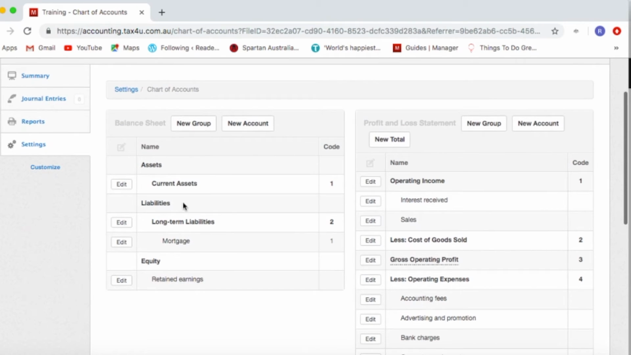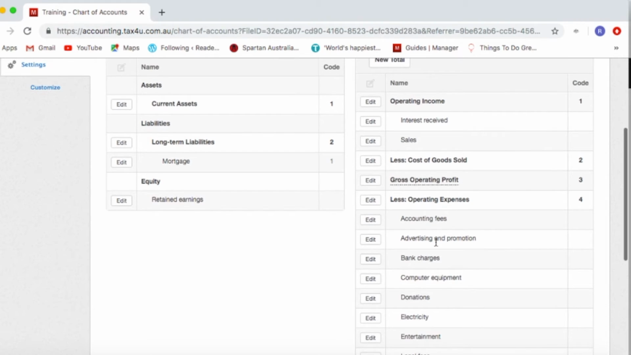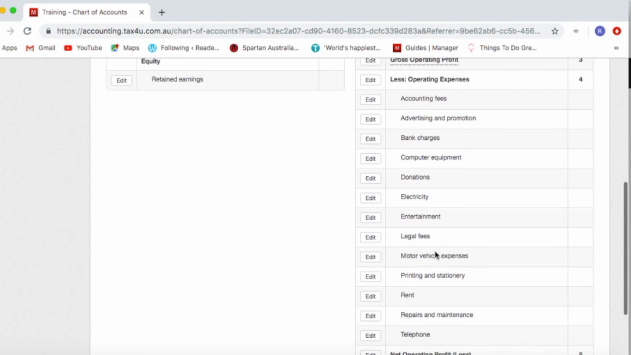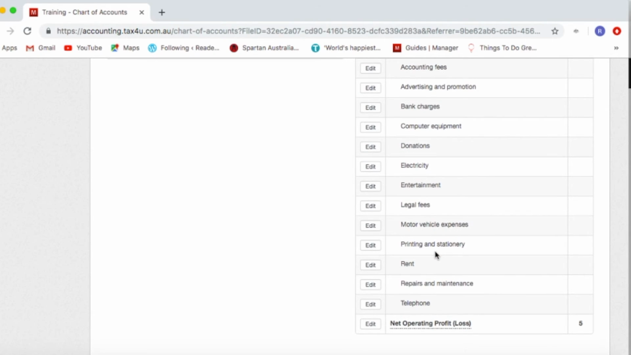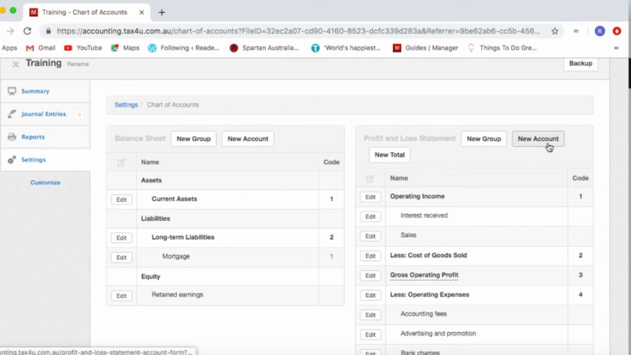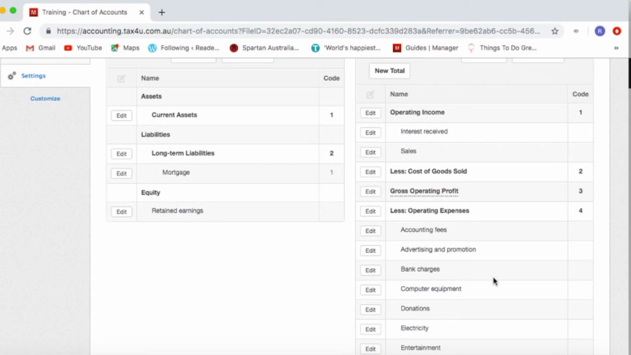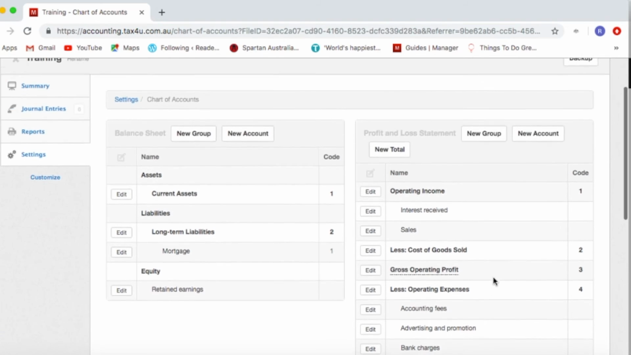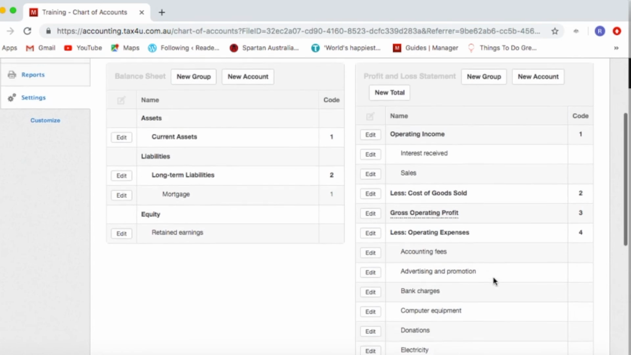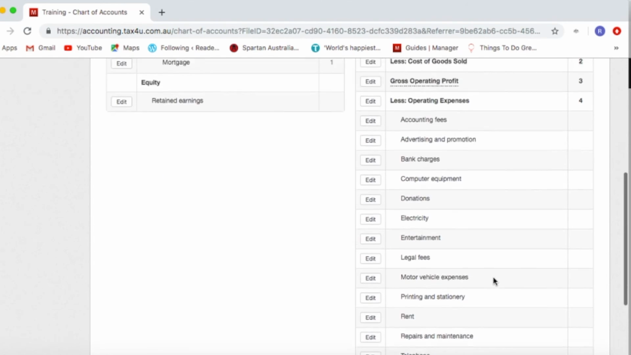Now we can do the same for our current assets. We can add an accounts receivable account underneath our current assets. We can add more expenses. If there's a specific expense that your business uses often, you can add it here. So you just go to new account here on your profit and loss statement, and the same thing will happen. So that's a brief overview of how to set up a more concise layout, given the default layout from the